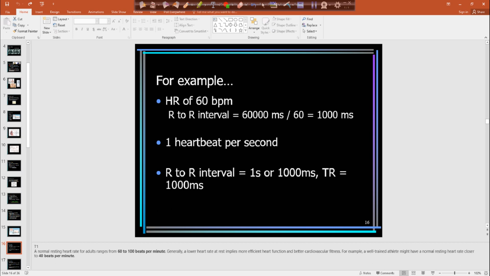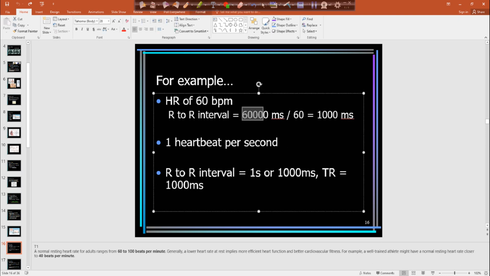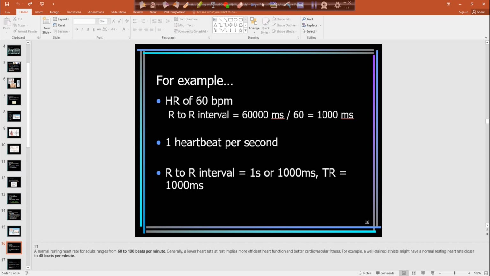Because remember, we're doing beats per minute, so we have to convert that from minutes to milliseconds. So we have 60 seconds in a minute, so 60 times 1,000, because 1,000 gets us to milliseconds. So that's where we get this 60,000. Then we divide the 60,000 milliseconds by our beats per minute, and that gives us